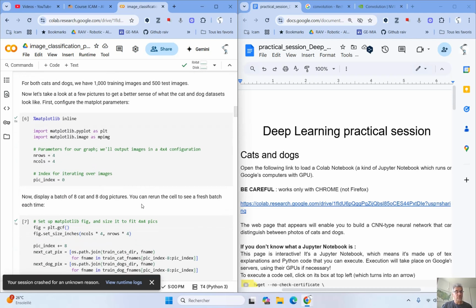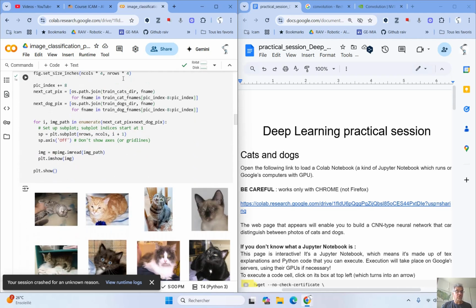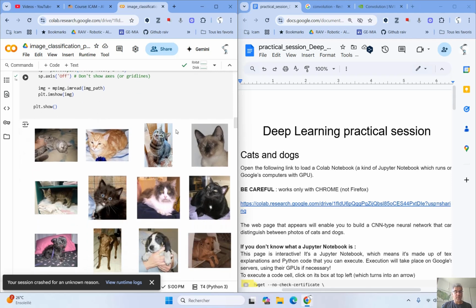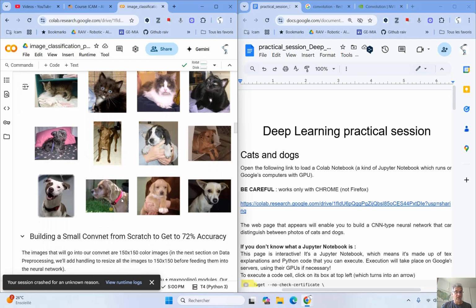Okay, so now this part of the code is only to have a representation of a few images, the first 8 cat images and the first 8 dog images.